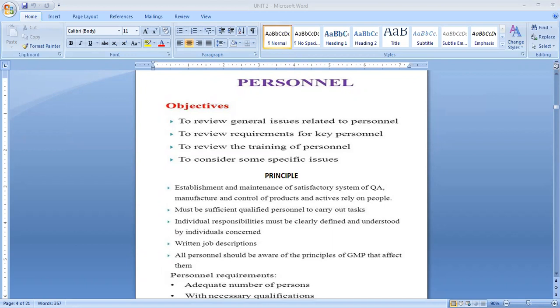The principles include: establishment and maintenance of satisfactory systems of QA, manufacture and control of product, and actives rely on people. Second, there must be sufficient qualified personnel to carry out tasks. Third, individual responsibility must be clearly defined and understood by individuals concerned. Next, written job description. And the last one is all persons should be aware of the principles of GMP that